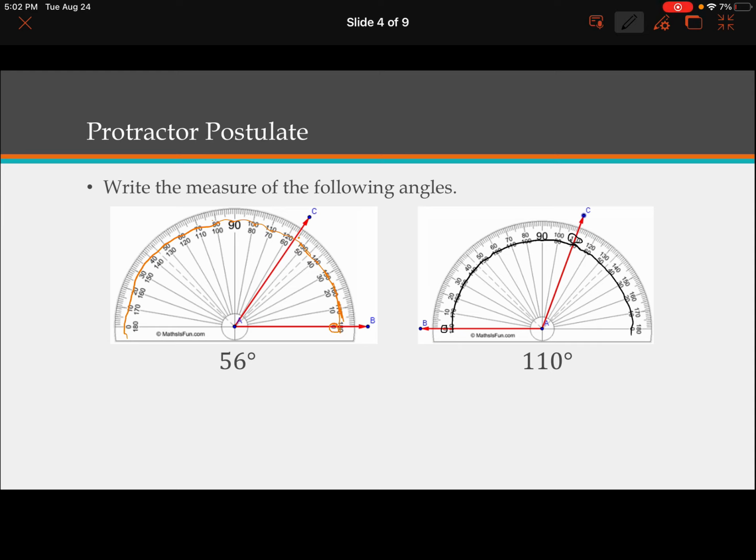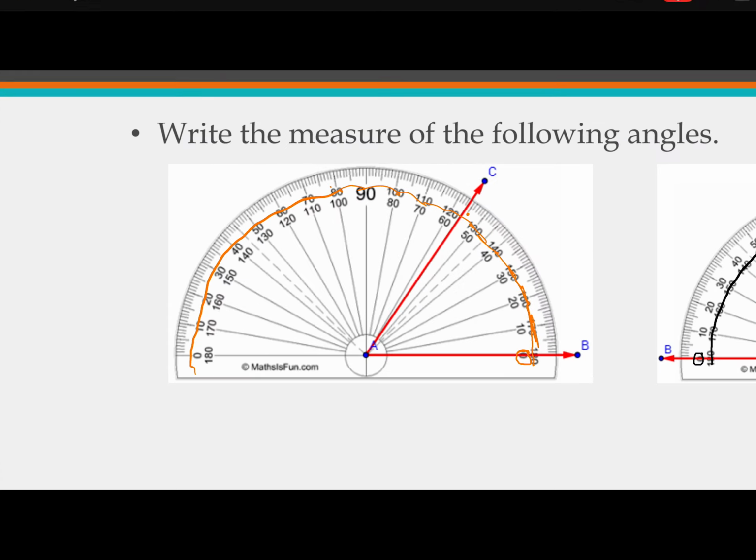Okay, the question that comes up on the left side of your paper, I'm just going to talk for a second here because I don't have a picture of it on the slideshow. The question on the left side of your paper: how could you find the measure of an angle when neither ray is lined up with the bottom? Okay, so let's go back for a second and think about what